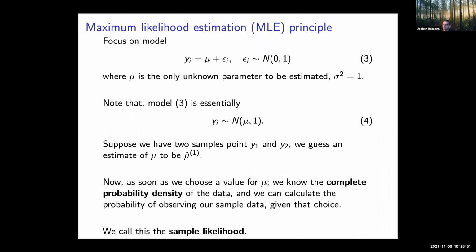So if we have now 2 sample points, y1 and y2, and we guess an estimate of mu to be mu hat 1, then we can choose a value for mu. That means we can estimate it based on what we have. And when we choose this value for mu, we have now a complete probability density of our data. Probability density being the functions of our